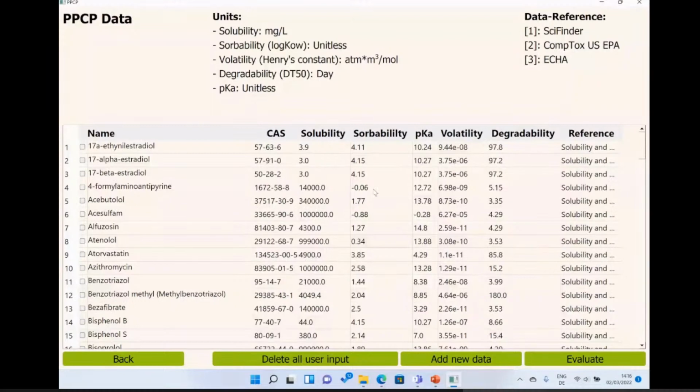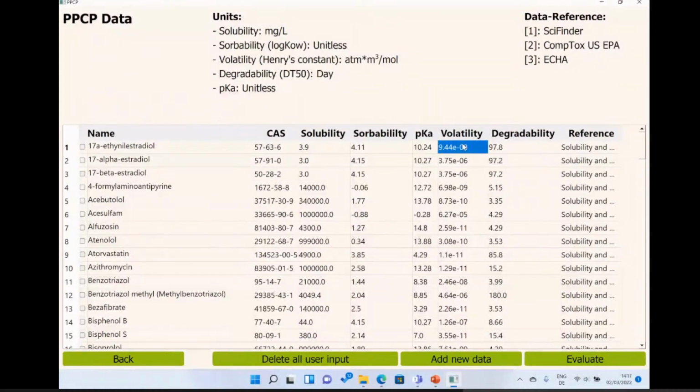And if you want to know the units of these values, these are also shown at the top of this page. For example, for solubility, the unit is milligram per liter. The log KOW value doesn't have any unit. The pKa is also a logarithmic value, so it doesn't have any unit.